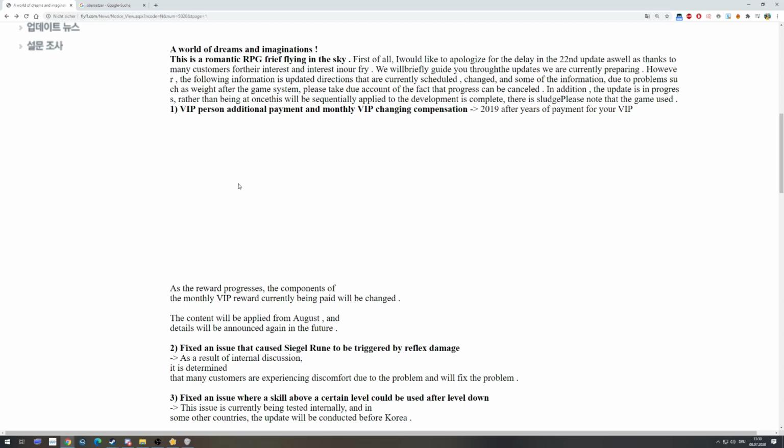So at first, they will fix an issue that causes sigil rune, I'm not sure if that's the correct word for that, to be triggered by reflex damage. Or reflect damage it should be. Yeah, see what I mean? That's exactly what I meant. As a result of internal discussion, it is determined that many customers are experiencing discomfort due to the problem and will fix the problem. So apparently the thing is that when you have reflect damage in your equipment, for example